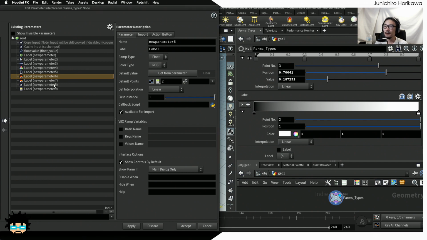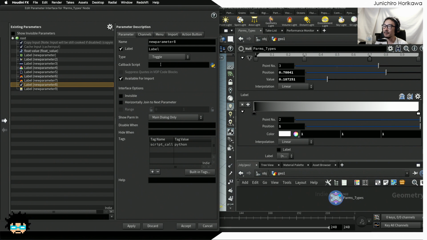Now, as an additional parameter, there is something like the toggle parameter. Like here you see on the parameter window, you can use this parameter to actually have an interactive toggle button like this to make it on and off. And the result of this value is actually 0 or 1. So it is an integer output value. If the toggle is off, then the output value of this parameter is equal to 0. If the toggle button is on, the output parameter value is equal to 1. So it's a pretty simple parameter interface,